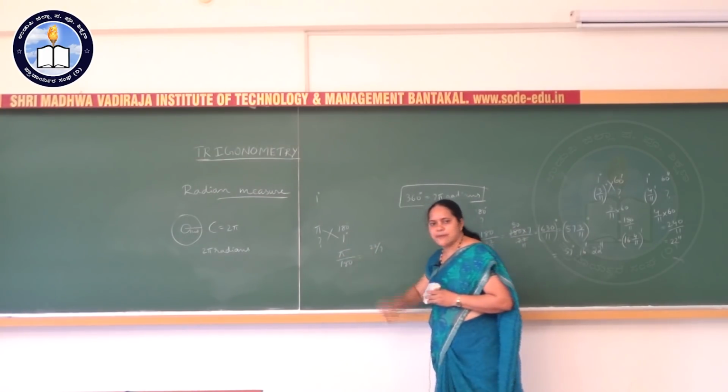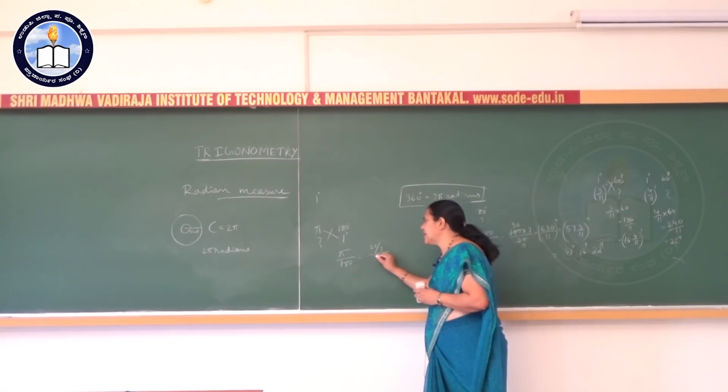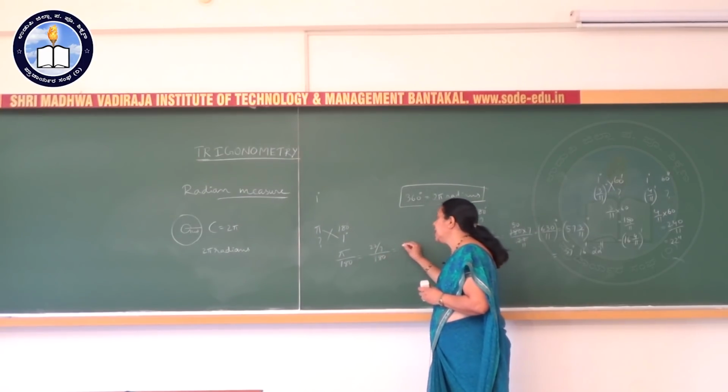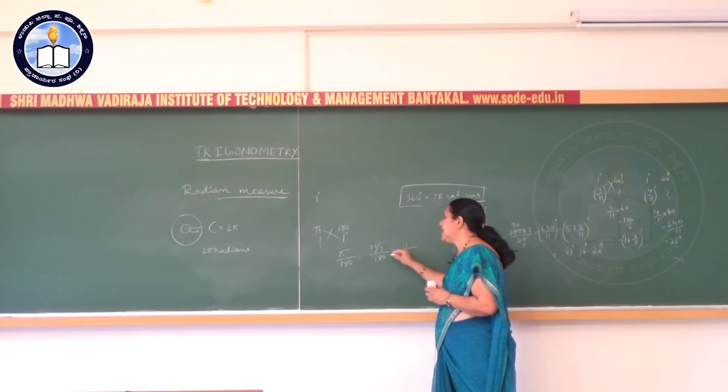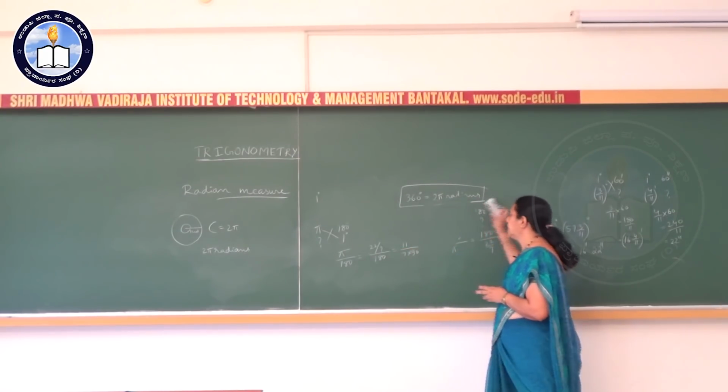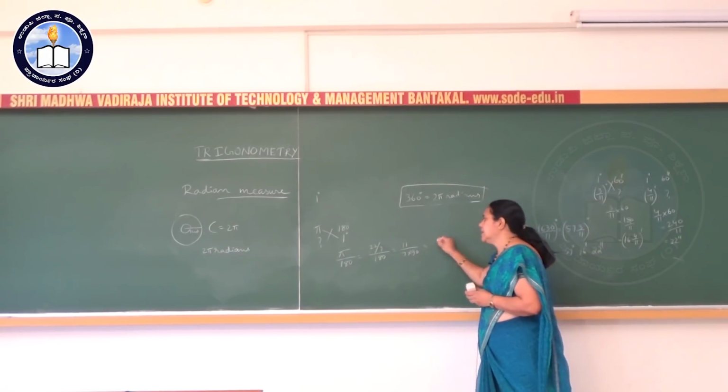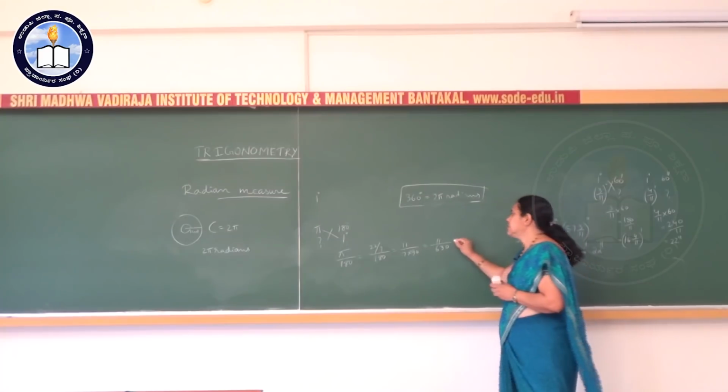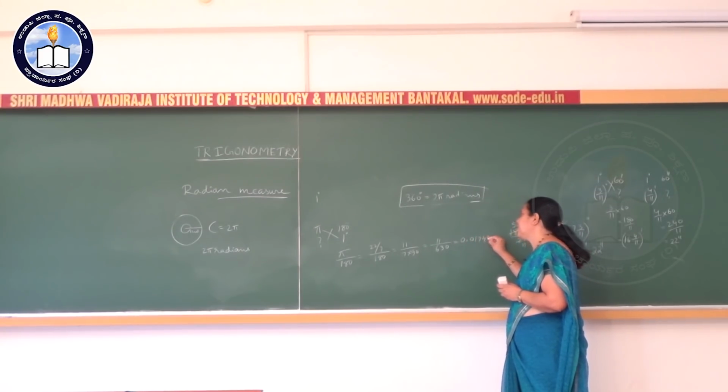Using the approximate value of pi, it's 22 by 7 divided by 180, which is the same as 11 divided by 7 into 90, equal to 11 divided by 630, which is 0.01746